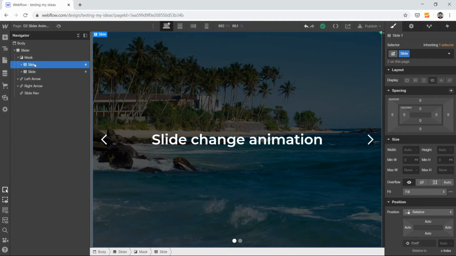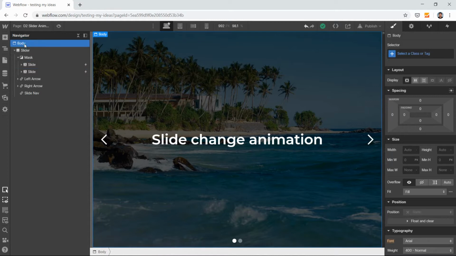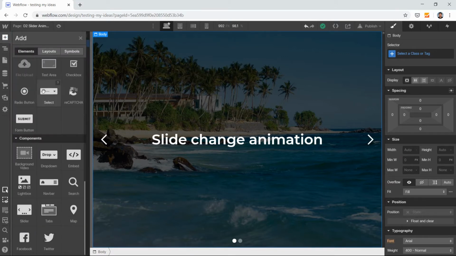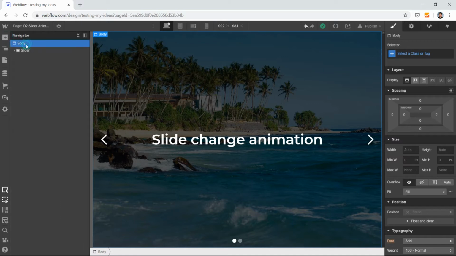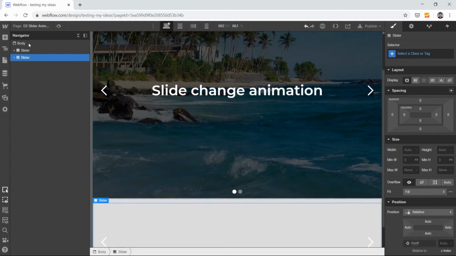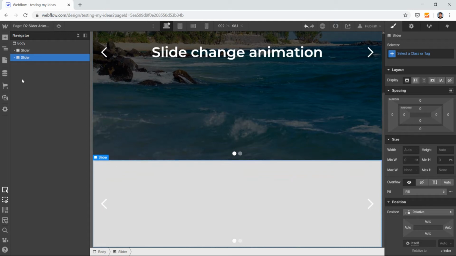slide. I put some styles to the slider, or if you want I can make it from custom. Let's create a new slider here, so that if you don't want to go here and drag and drop, you can just simply click here on the body or click anywhere in this navigator and do Control E or Command E if you are on Mac, right? And just write slider. Okay, just write the slider.